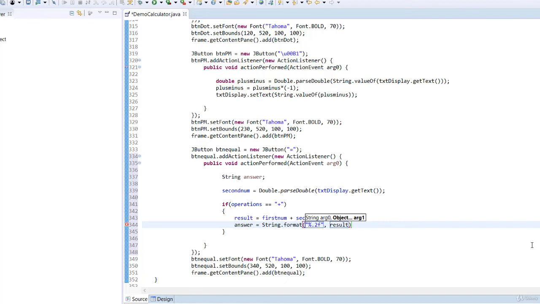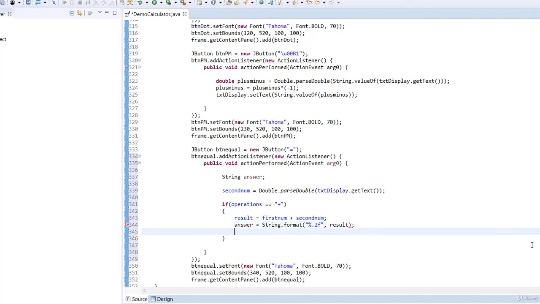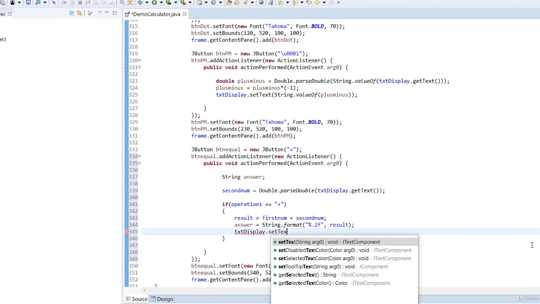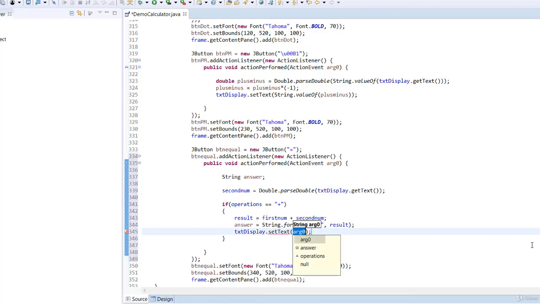So for the first argument percentage, for the last argument is the result. So put a semicolon at the end and display this on the text. So display dot set text, so answer. So the value of the answer will be displayed,